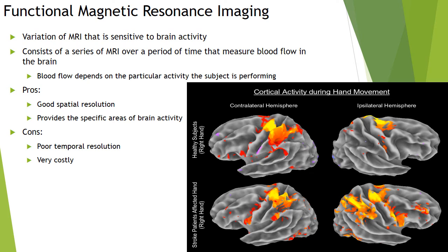The benefits or pros of fMRI include good spatial resolution, or high location precision when showing results, and it provides the specific areas of brain activity. Some of the cons or deficits include poor temporal resolution, which takes a long time to make a reading, and